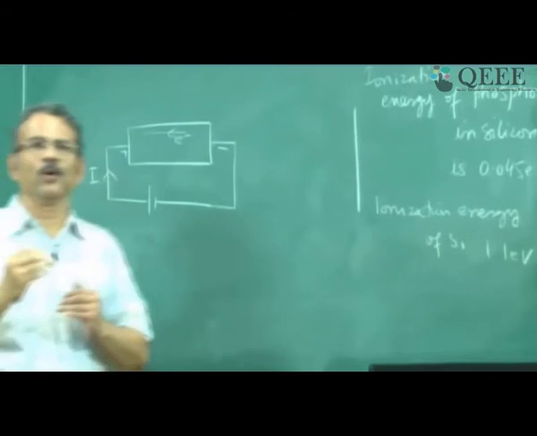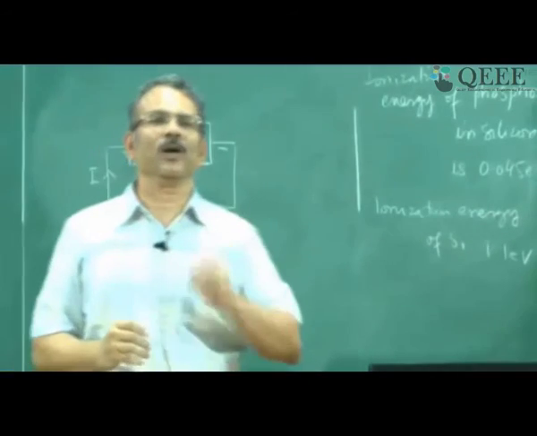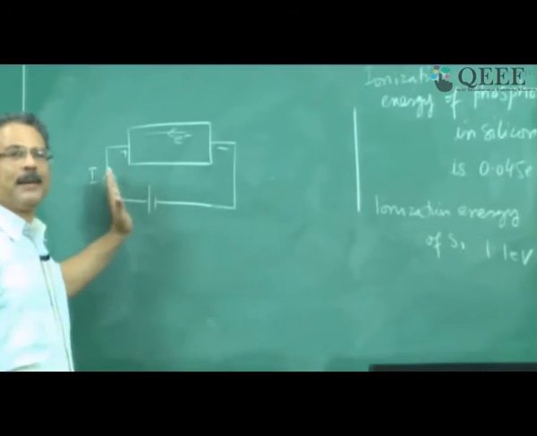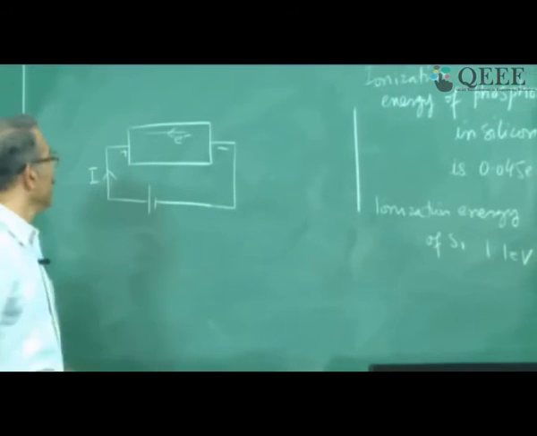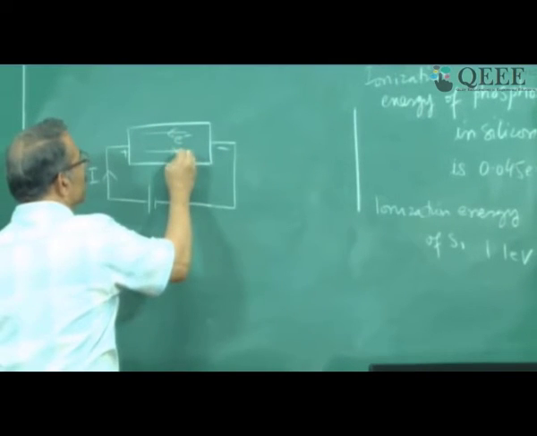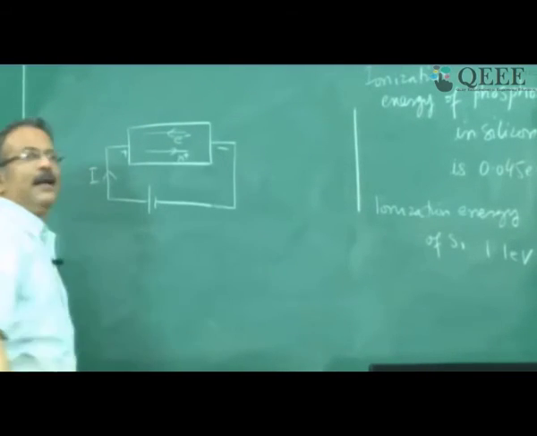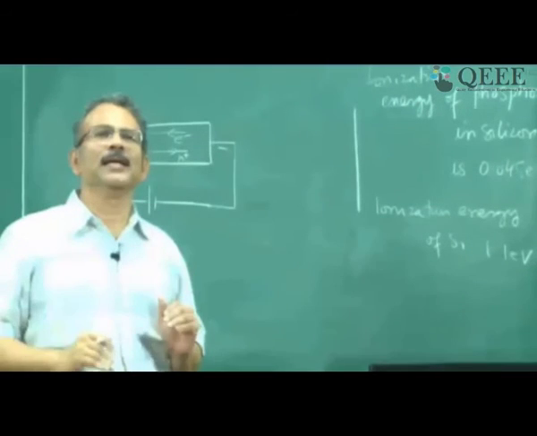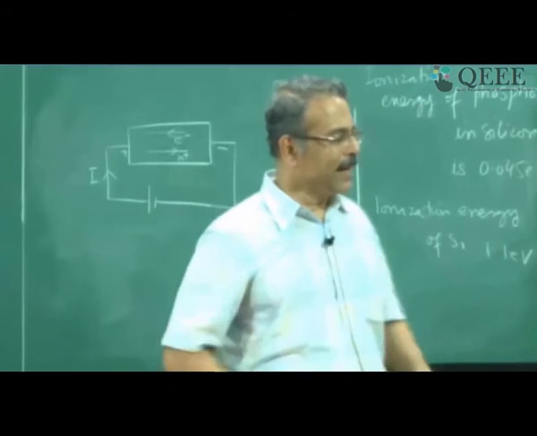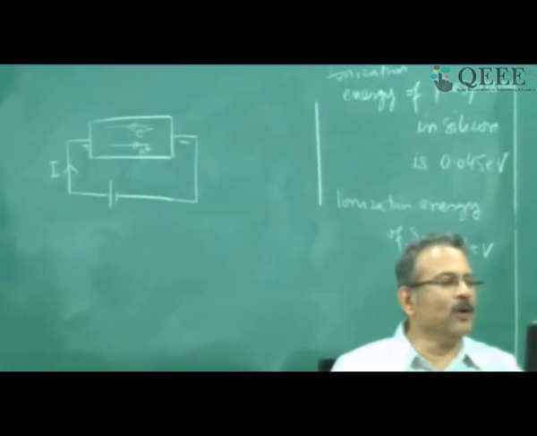So conventional current flow is a flow of positive charge. You always think in terms of positive charge. So the direction of the current is the same as the direction of positive charge. Now the electrons move in the opposite direction to the direction of positive charge. A hole is a positive charge and therefore the direction of current is the same as the direction of hole flow, right? So that is why the current is in the direction of hole flow.